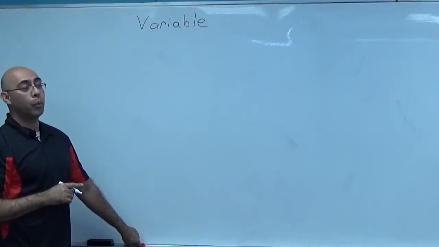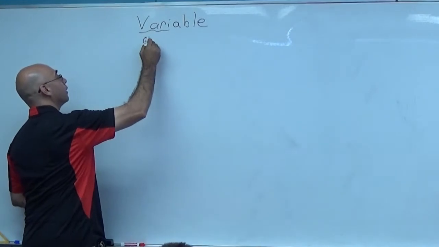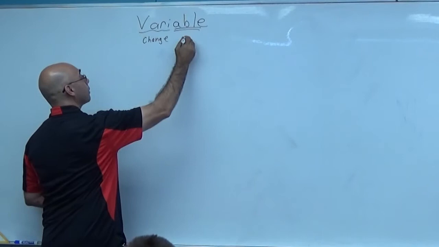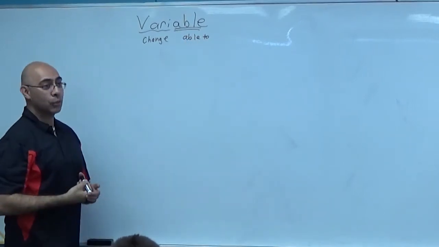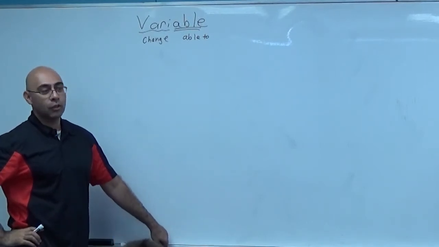So variables. Vary just means change. Able just means able to. So when we're talking about variables, we're talking about things that are able to change. For example,